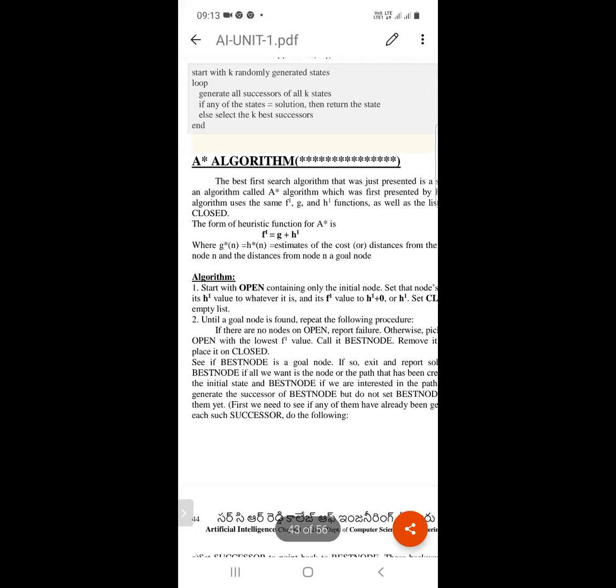Otherwise, generate the successors of the best node, but don't set the best node to point to them.